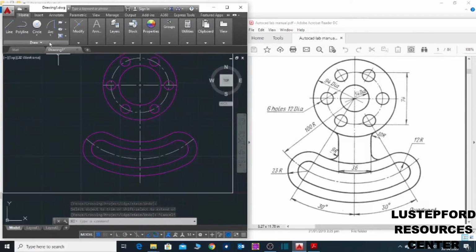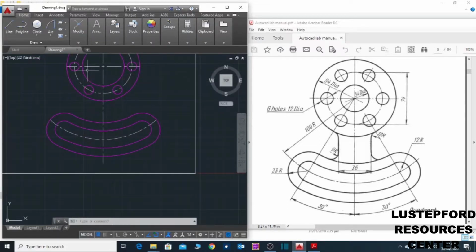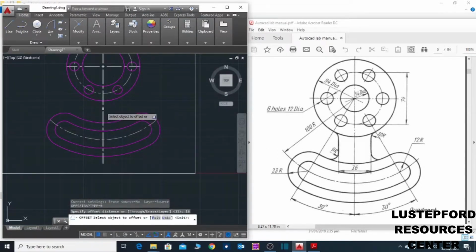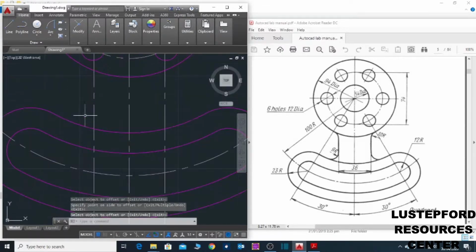And now I will go to modify panel, click offset. I'll make an offset. From here to here is 36, offset of 18. So the offset distance should be 18. So I'll click here, enter.